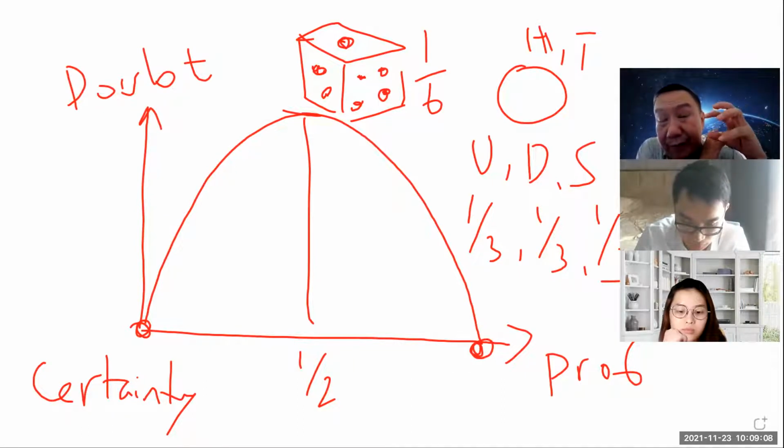Meaning that the uniform distribution is the maximum doubt. In your case here,